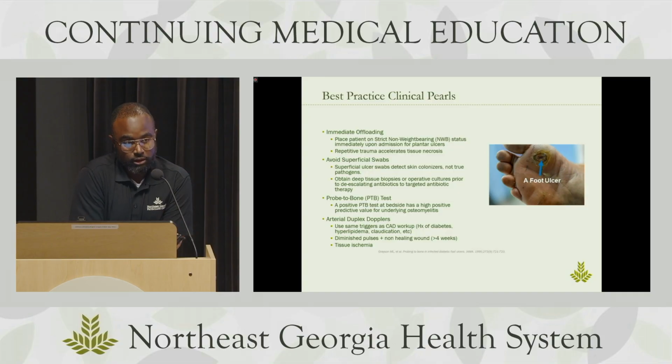Again, arterial duplex Dopplers are what we really like, so we can get our vascular surgery team involved first. A lot of times we would like to wait until they optimize the patient. If it's acutely infected and we think that tissue necrosis is going to progress, we'll go in and we'll do a staged procedure. So we'll do a partial foot amputation and allow it to demarcate and wait for our vascular surgery colleagues to finish before we provide any closure to the area.